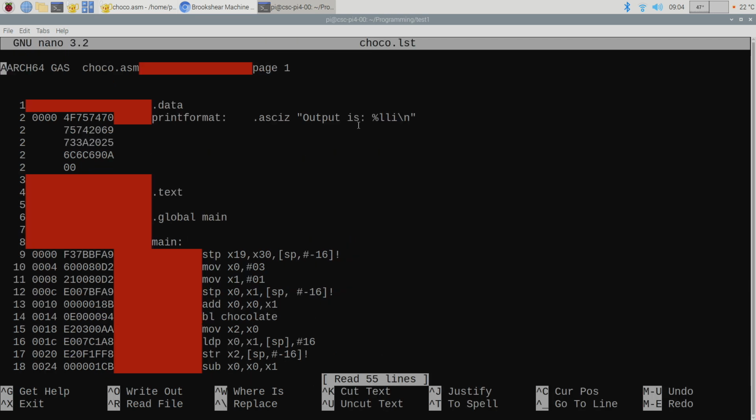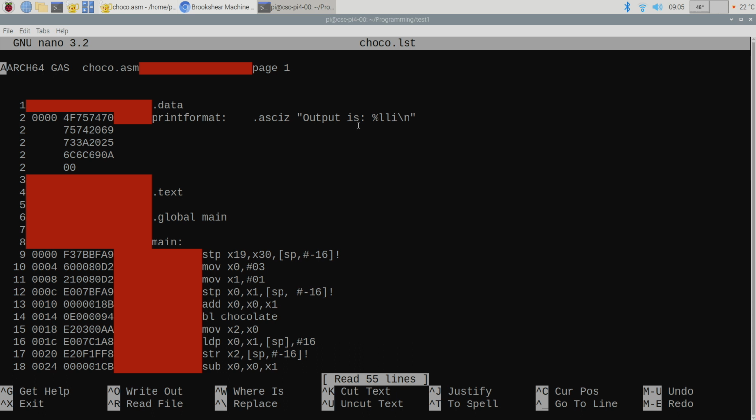Okay, what it's going to output. So here I'm just loading it in the console text editor Nano. I could open this up in Gedit or any other text editing application. So what do we see there? Well, up at the top, we've got the data. That section has all of the stuff you see there in hex, which is the fact that I've got a string and it's storing that string in ASCII. And then how do I know that the string is ended? I need to have the null terminator at the end of it. So that's the 0, 0 down at the bottom there.